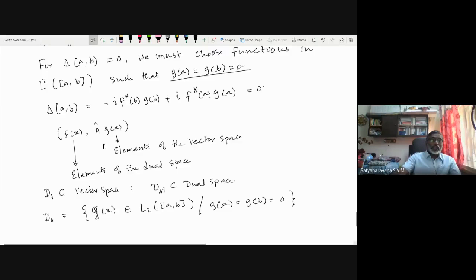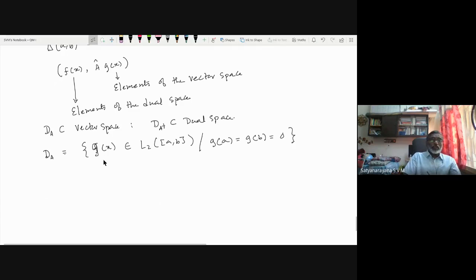And I could have chosen my domain of A dagger to be the full L2 of (a, b). I could have chosen the full space, and this is only a subset. Now, if I choose D(A) and D(A dagger) like this,